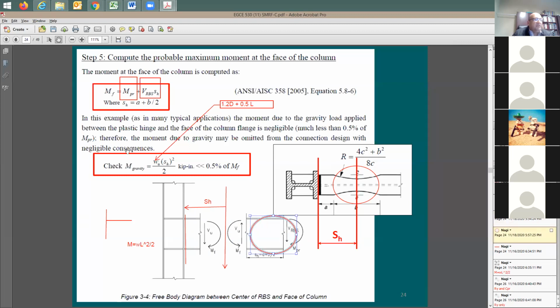And here's the first check that you need to do, right? When you come to analysis, you need to check that the gravity moment, which is W squared over 2, is the one that we use for a cantilever. Here's the cantilever, or the section of the beam is going to be acting very similar to a cantilever. That's why the equation is the same as for a cantilever. It is going to be equal to roughly maybe 1% or 0.5% of this total moment